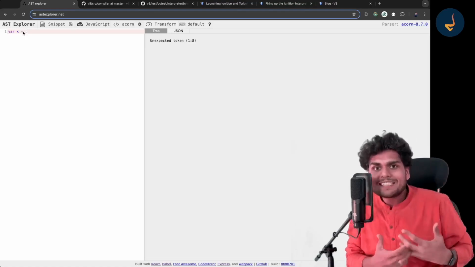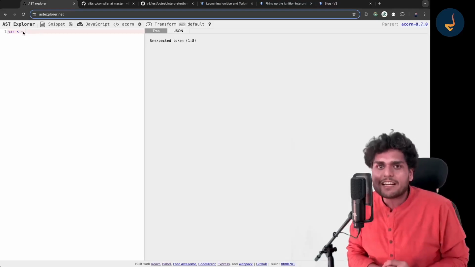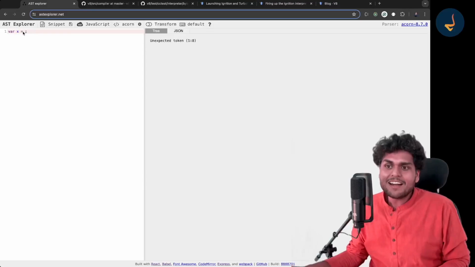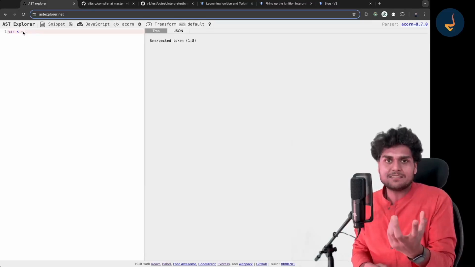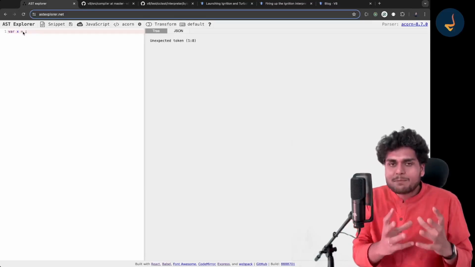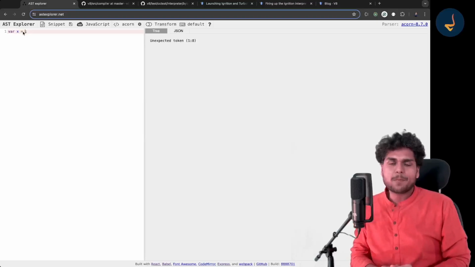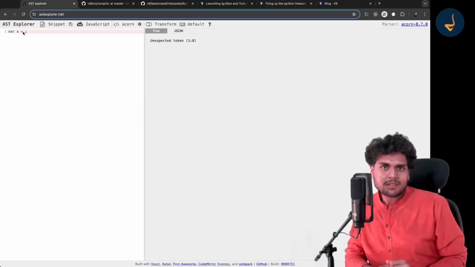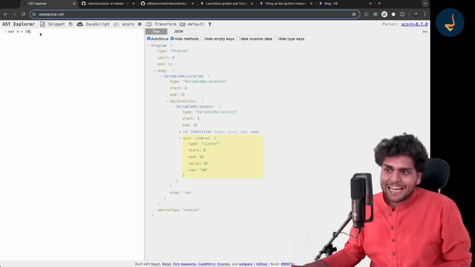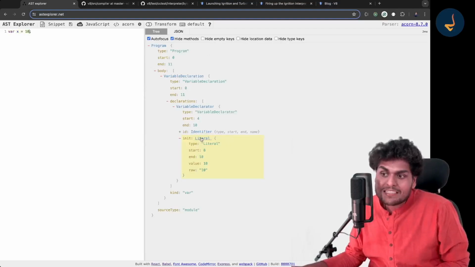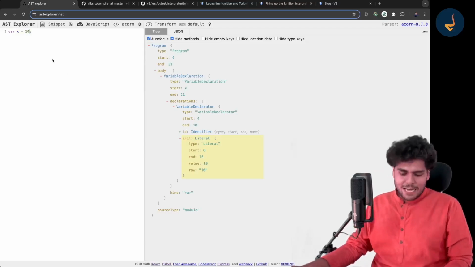So what do you mean by a syntax error? Today I will tell you why it is known as a syntax error. Because it is not able to generate an abstract syntax tree. When your code's abstract syntax tree cannot be generated, it throws a syntax error. And now if I write 10 over here, it generates your AST, and this AST now has a literal with the value 10 over here. Got it? So this is how code works.